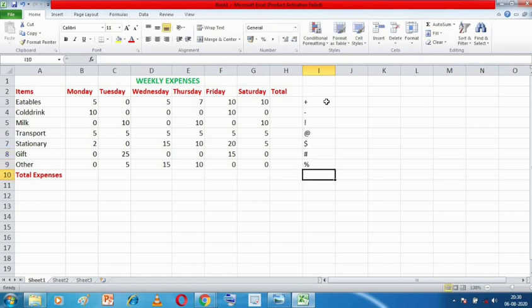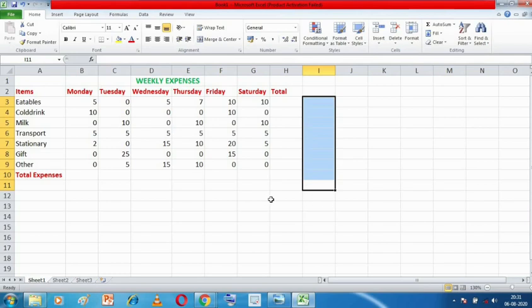This is the exponent symbol, which is used for carrying out powers. You'll study these mathematical symbols later. There are many more symbols like this asterisk, which is used for multiplication. All these symbols also come in the numbers category because these are used in calculation.